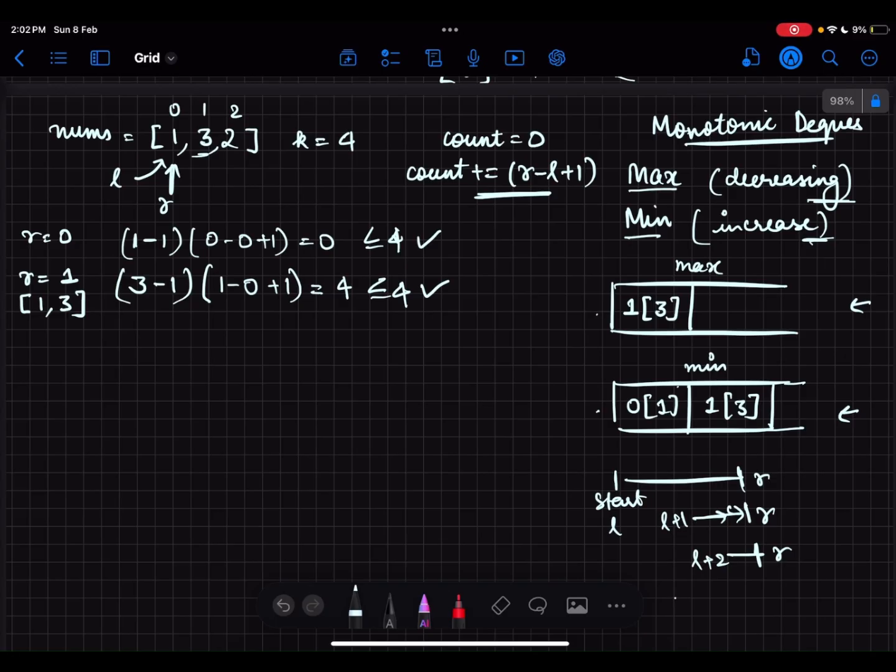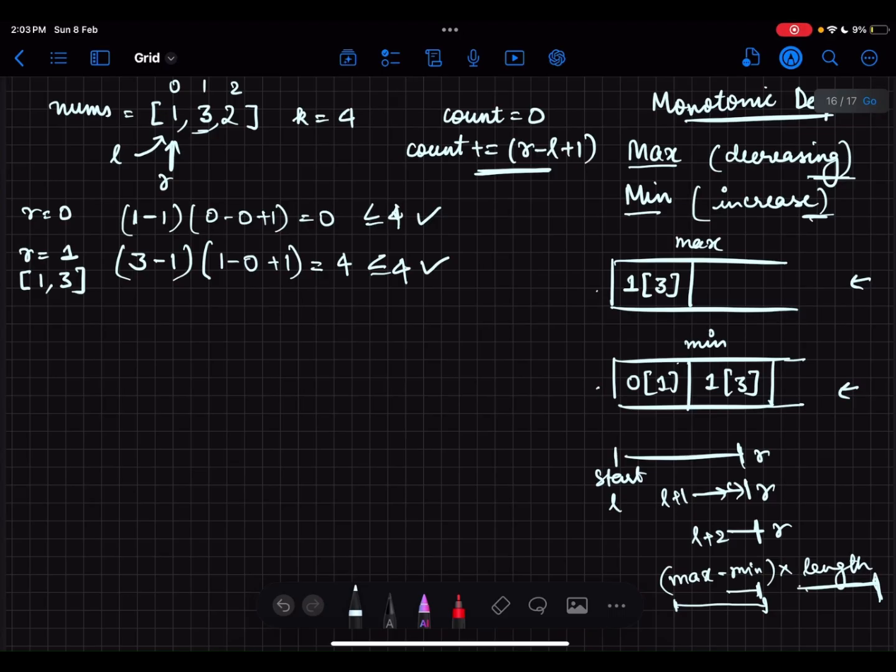This is because while counting the cost, we have max minus min times the length. As the length decreases, there's a high chance that the minimum value may decrease too, decreasing this entire subtraction. In either case, the decrement in the length impacts the most, and thus the value would always be less than or equal to